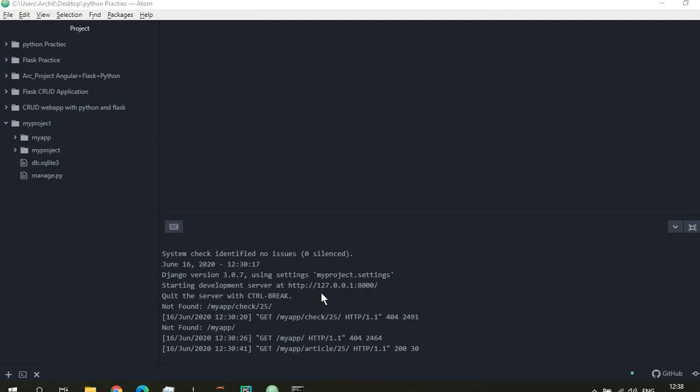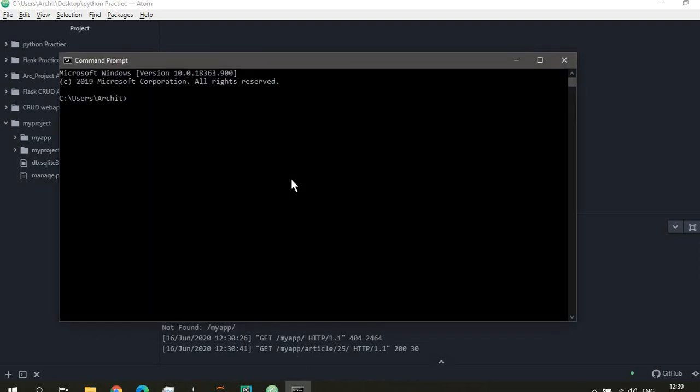So first of all, we need to create a project. Now, how do we create a project in Django? Let's have a look. You simply go to the path where you want to create your project and you start writing django-admin startproject and your project name, myproject. When you enter this,